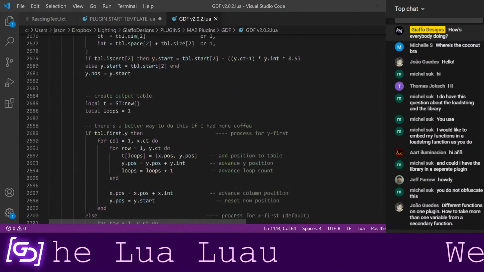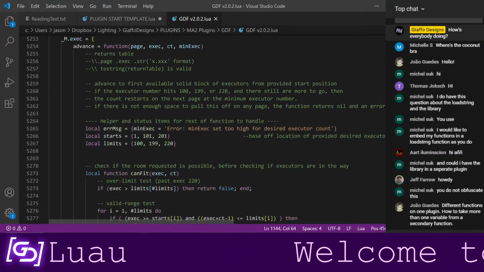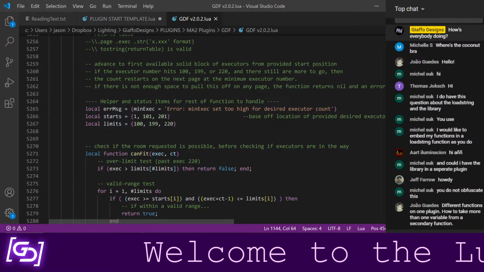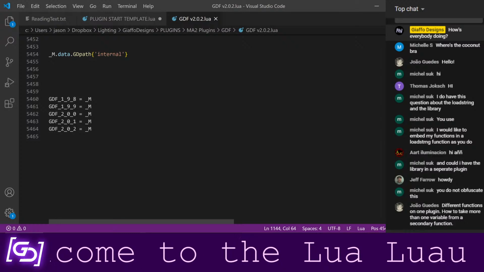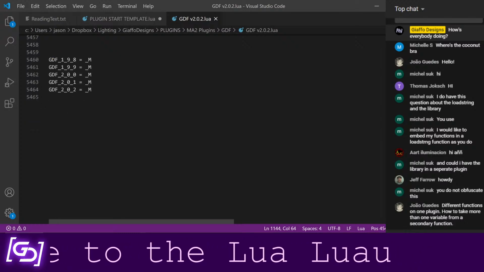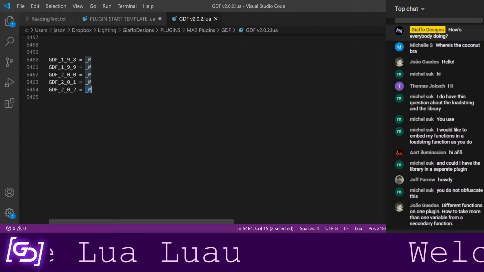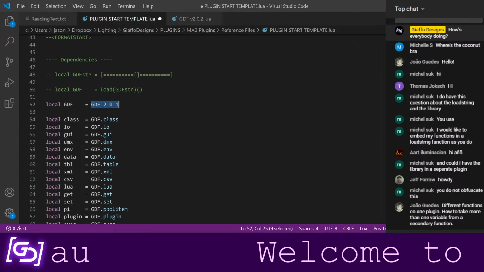Anyways, I've got a whole bunch of code that, over time, as I've written from one plugin to the next, I've found things that I'm reusing. I keep throwing them into this library so that I have quick access to them. And then at the very end, I make a global variable equal to that table. So from my main plugin, I can reference that table.